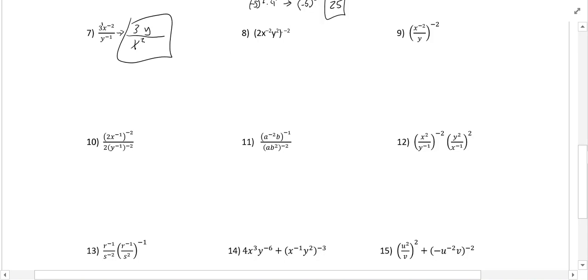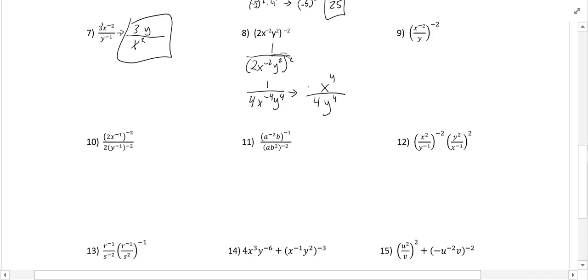All right, so again, for this one, we want to start by flipping it, but when you do that, it only takes care of the outside exponent, not the inside. So this becomes 1 over the quantity 2x to the negative 2 y squared, all of it squared. All right, so now when I distribute, I have 1 over 2 squared is going to give me 4, x to the negative 4, and y to the 4th. So that means to make this x to the negative 4 positive, it needs to go back to the numerator since it's in the denominator. So I'm going to move it back to the top. So it's x to the 4th. And then on the denominator, I have